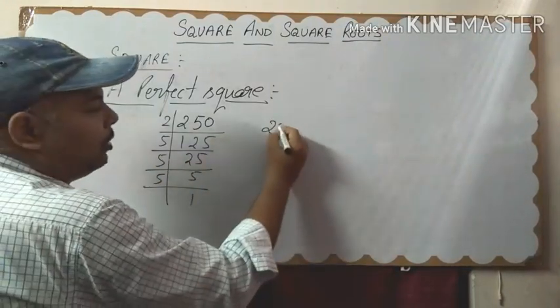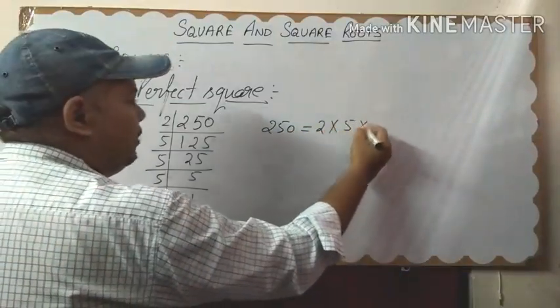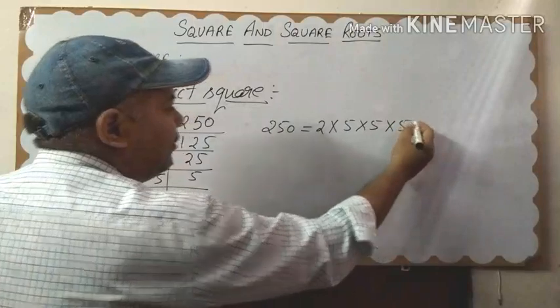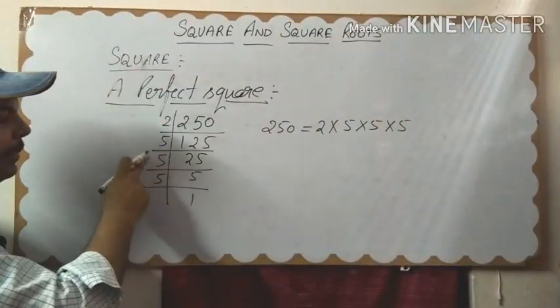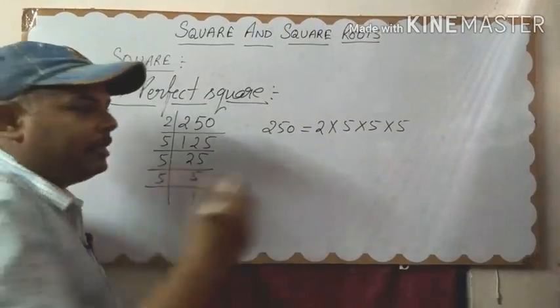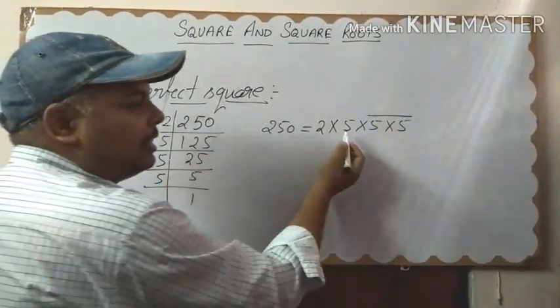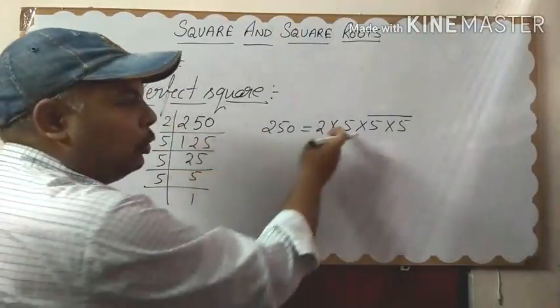And write down all the prime factors here. 2 multiplied by 5 multiplied by 5 multiplied by 5. Now make the pair of same digits. So see here 5 5, one pair is made, but see here one 5 is left, no other 5 is